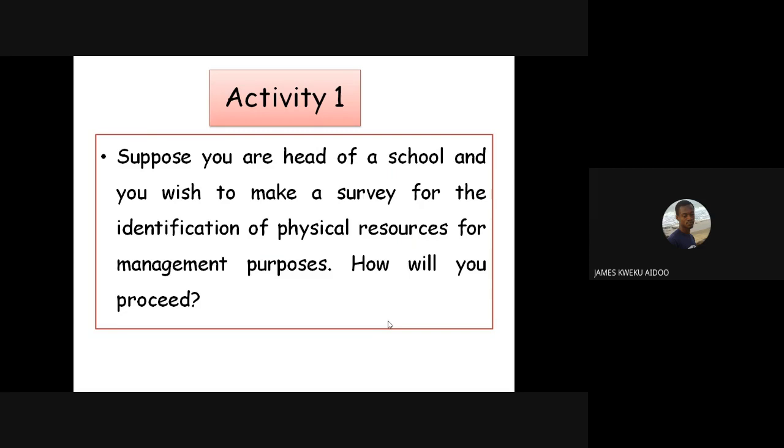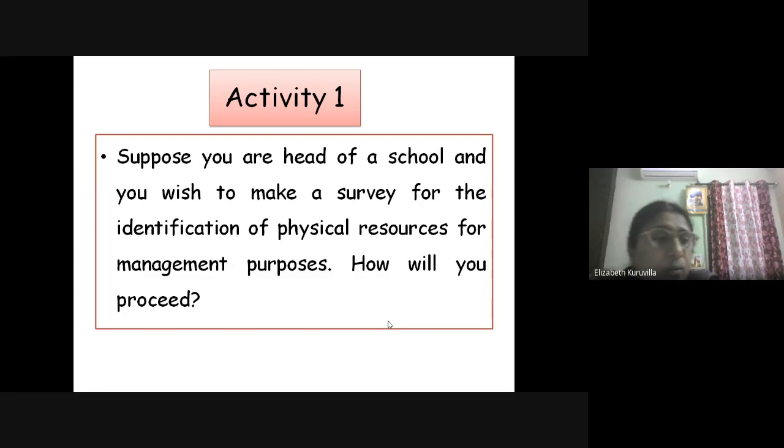Then I can identify the resources under these three basic heads. In the identification process, I can also consult teachers or look through the staff inventory or the laboratory inventories to look for some of these resources. Thank you. Okay, good.